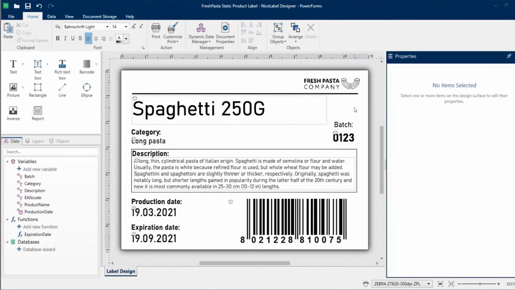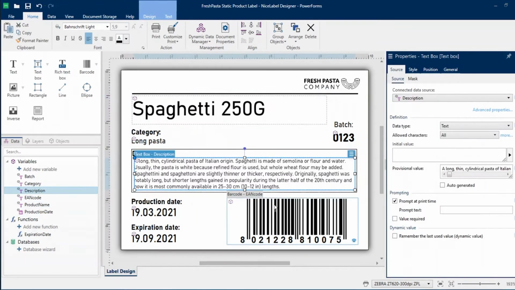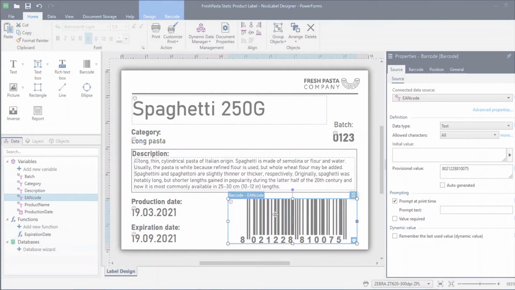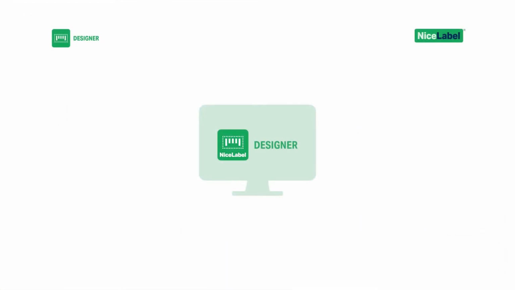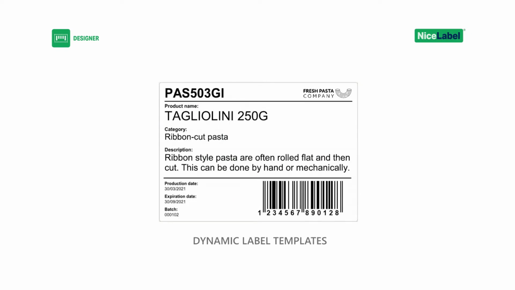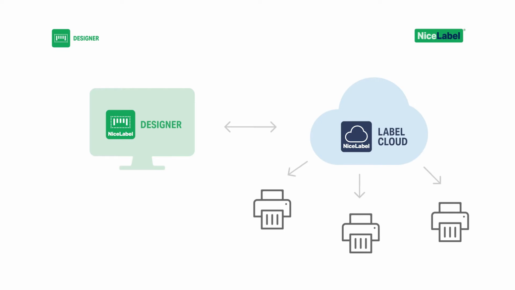Designing labels can be complex. From a single printer shop to multiple production facilities around the world, Nice Label Designer simplifies your label design and management. In Designer, you create dynamic label templates that adapt to your labeling needs and make your entire labeling process more efficient. Designer is a desktop application that works with Nice Label Label Cloud to help you print labels you